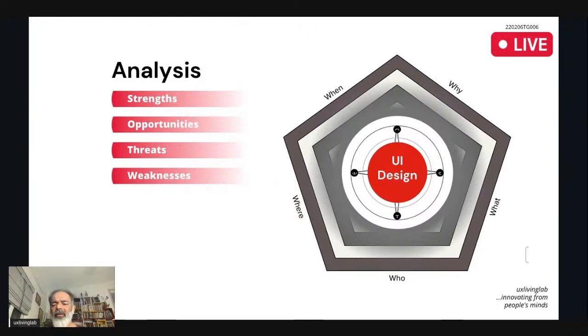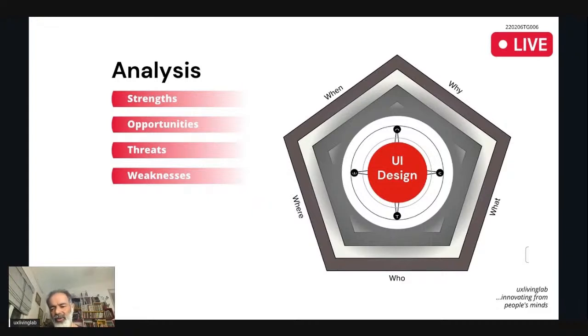But I will insist you start with SWOT analysis. That is strengths, opportunities, threats, and weaknesses of your UI design. You already designed, maybe in the design stage or in version 2 as a real UX stage, you have a UI design, wireframes or mockups or prototypes, whatever it may be. Find the strengths, the strong points. Find the opportunities, that is how you can extend your design to one more aspect the user needs.